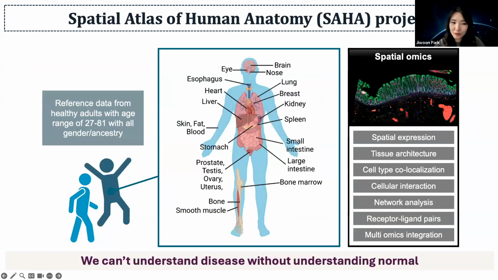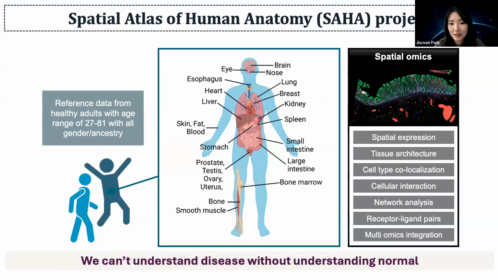And of course, we need more data to get there. And that's why we started this large initiative, what we call a Spatial Atlas of Human Anatomy, or SAHA project, where we wanted to build a reference data map from healthy adults from wide ranges of age, gender, and ancestry, and take 30 or so normal organs and run spatial omics assays